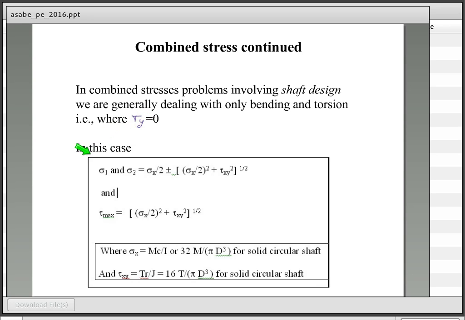And so in that case, we end up with our principal stresses giving us this equation here, where sigma y was 0. And we end up with a torsional stress, or shear stress rather. And so for that we can calculate the bending stress and the torsional stress,